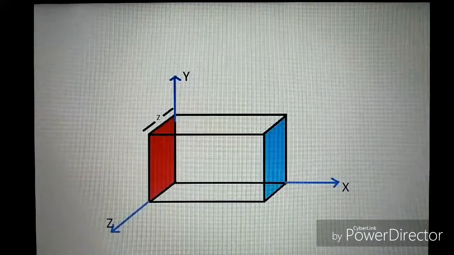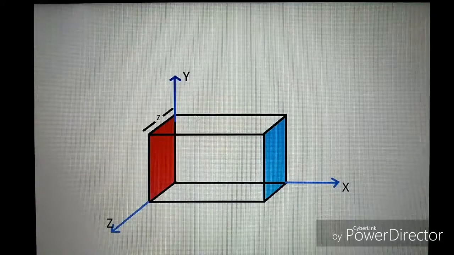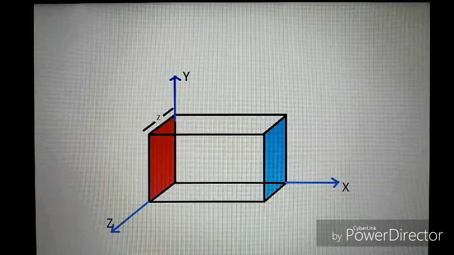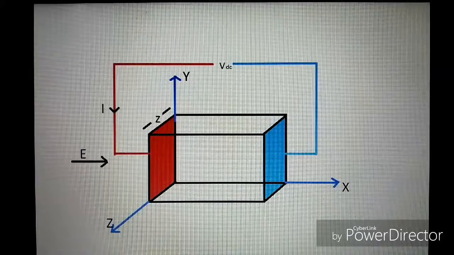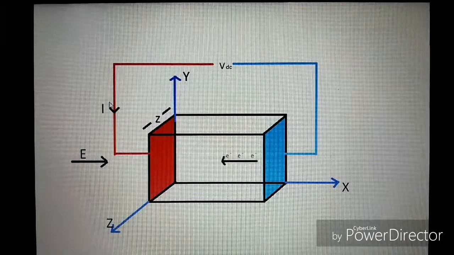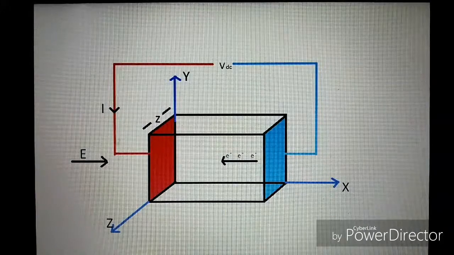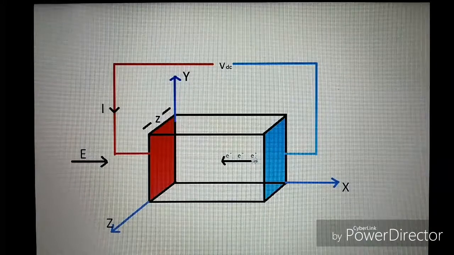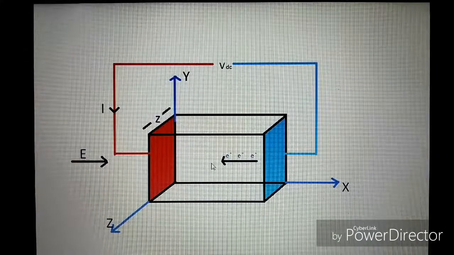Let us consider a rectangular specimen of thickness Z. Here, if we apply a current in the x direction and a uniform magnetic field along the z direction, an EMF should develop along the y-axis. Now let us first consider the situation before the magnetic field is introduced. There is an electric current flowing in the positive x direction, which means electrons will drift in the negative x direction with a drift velocity Vx.